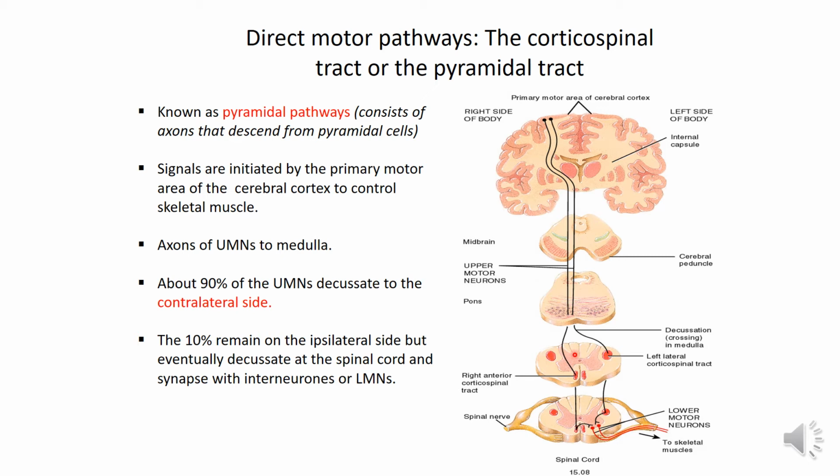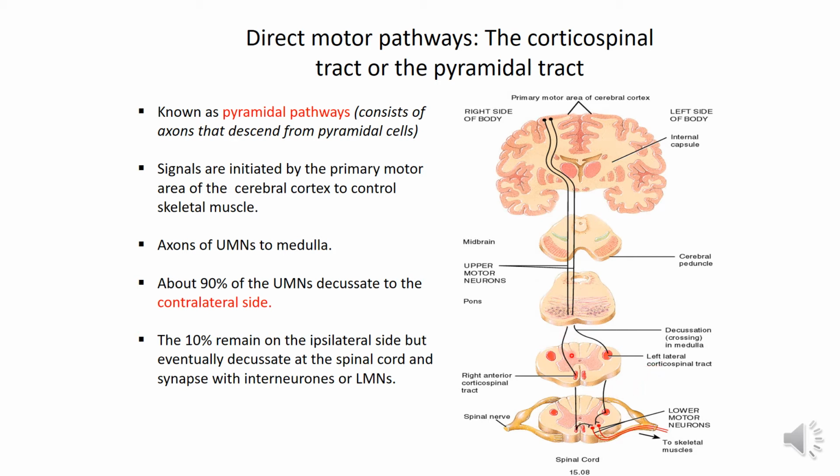And this part is known as the corticobulbar part. Then when they pass from the upper part of the medulla, 90% of the fibers cross to the opposite side and decussate to form what? To form the lateral corticospinal tract. So 90% of the fibers cross to the opposite side and descend in a tract called the lateral corticospinal tract.